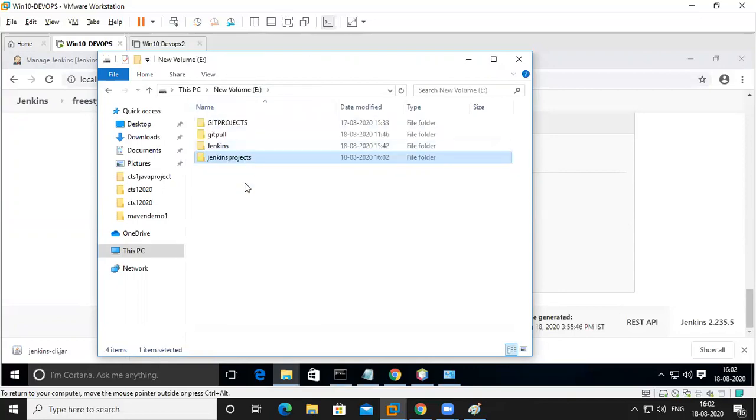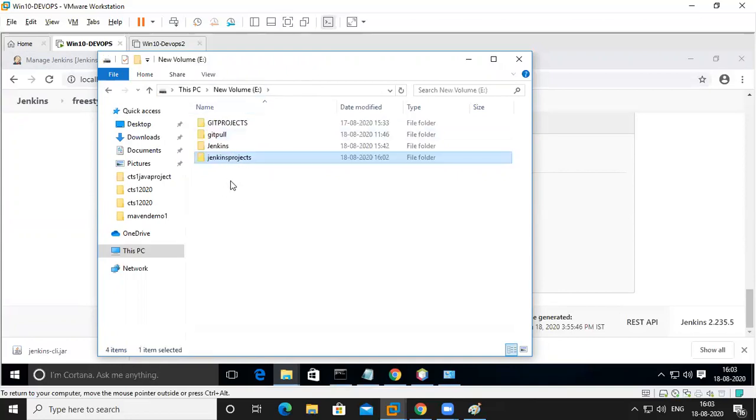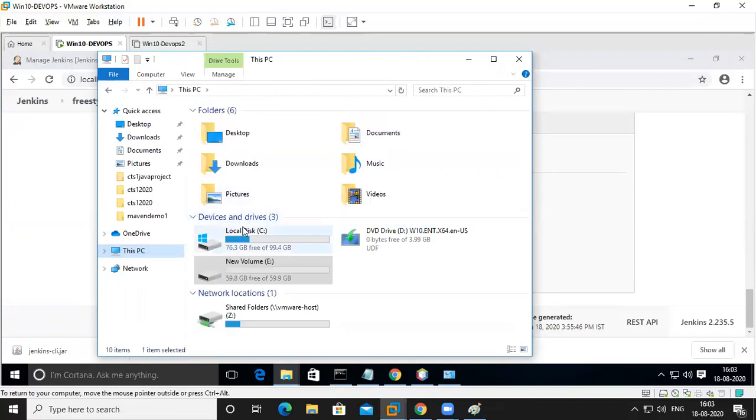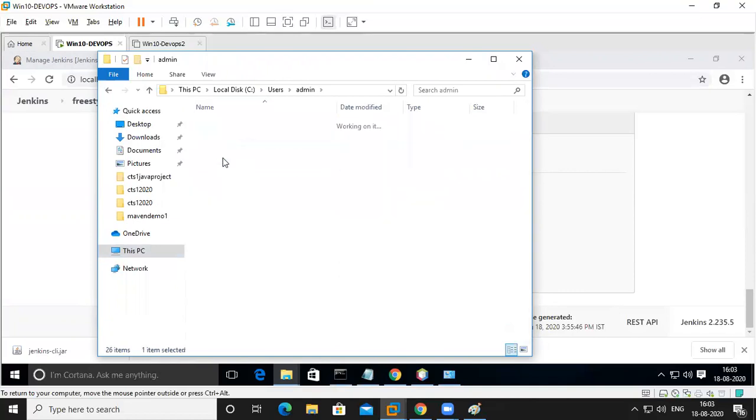Now what I want to do is I will put some file here. Okay, I want to do something. Then I will see the result. So the result, after build or anything, is usually stored here, in users, admin, Jenkins.